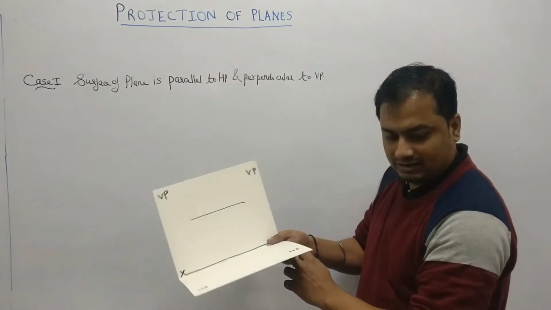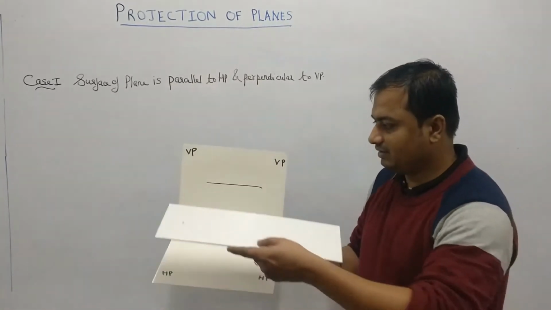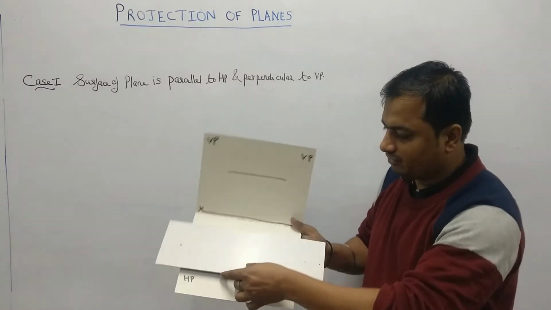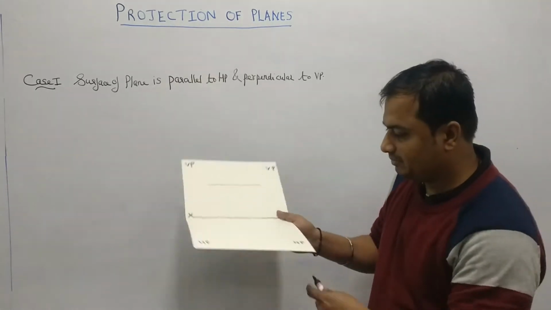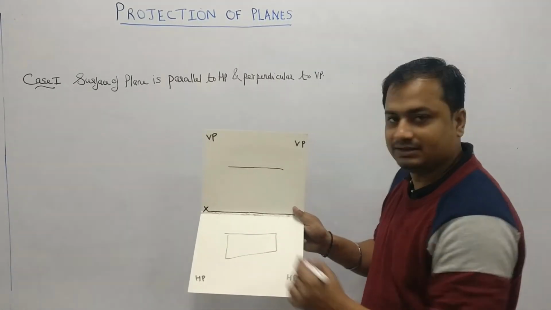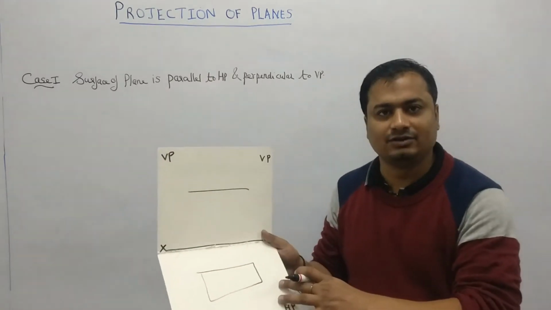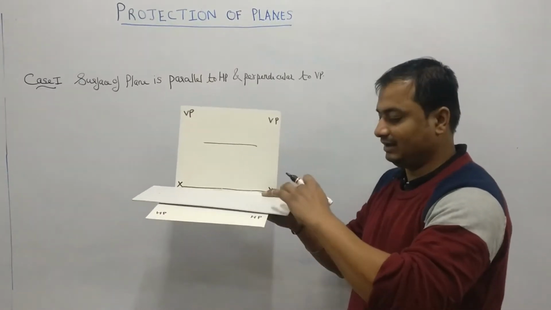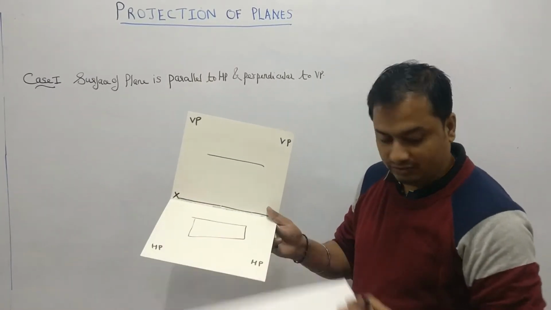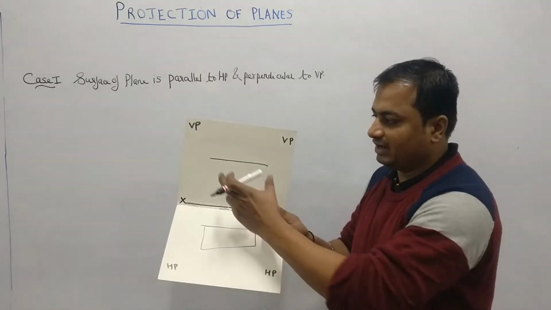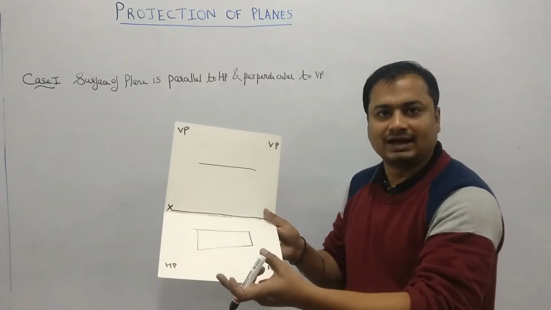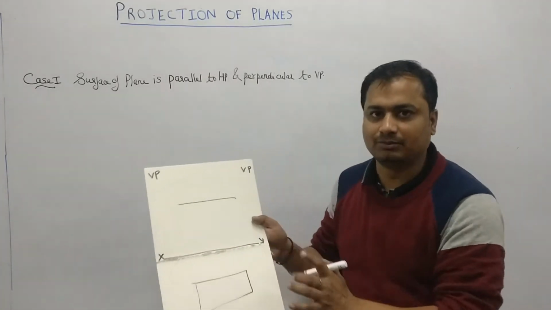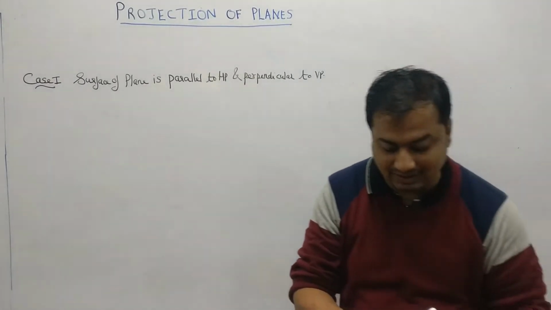Now actually what is this line? This is the surface. When we see from the front, the surface is going to appear in the form of a line in the front view. And when we see from the top, we will be obtaining a rectangle. The top view will be something like this, and that will be the true shape of the rectangle. True shape means if this rectangle has, suppose, length 10 and width 8, the top view is going to be 10 by 8 only. So the front view will be a line and the top view will be a rectangle, and this is my XY. As we all know, the top view will be below and the front view is above. So the front view is going to appear as a line and the top view as the rectangle.